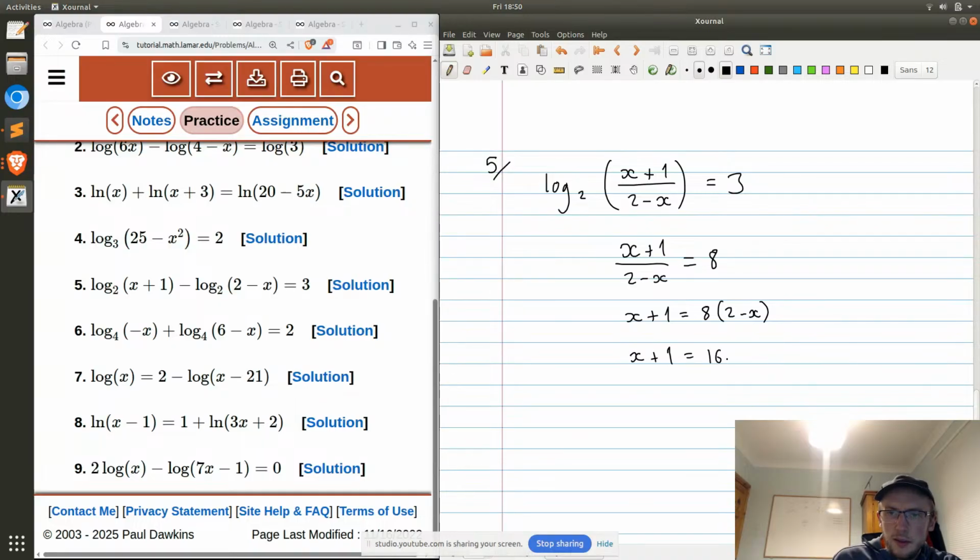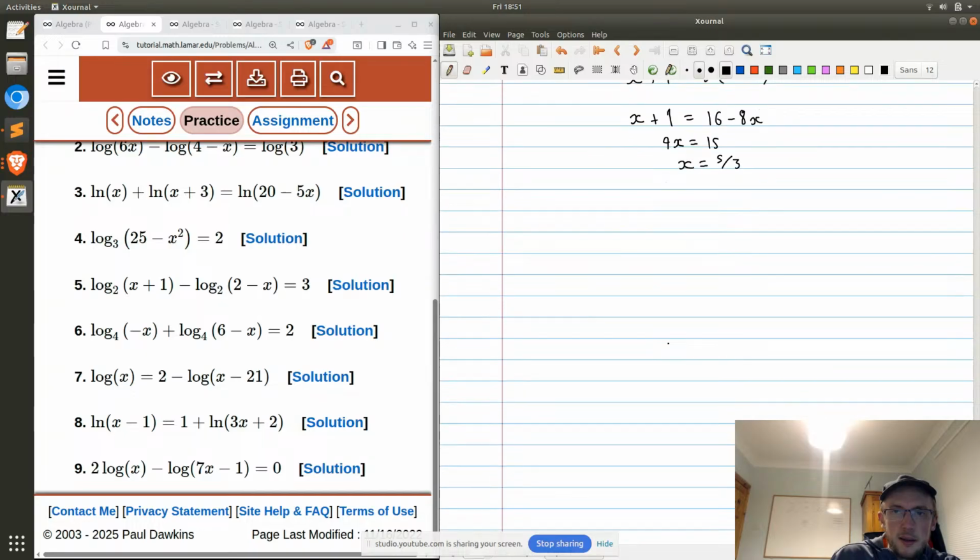So x add 1 is equal to 16 minus 8x. So 9x is equal to 15. So x is equal to what? 15 over 9, which is 5 over 3. And does that seem fine? Well, it's 1 2/3, which works for the first one and works for the second one. So it seems fine to me. But we'll see after the 6th problem,